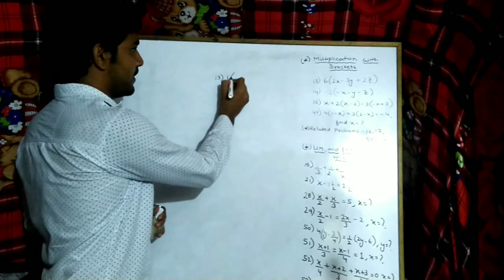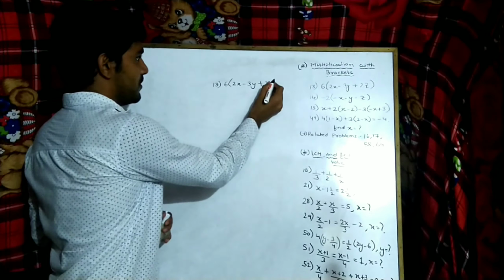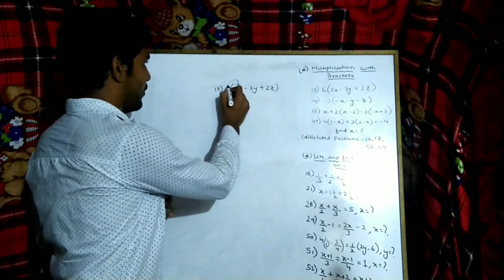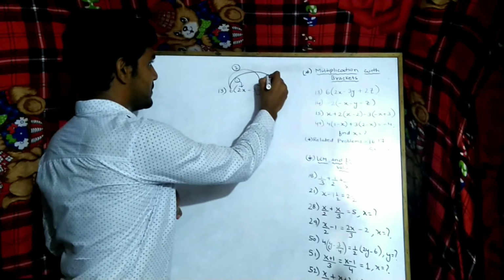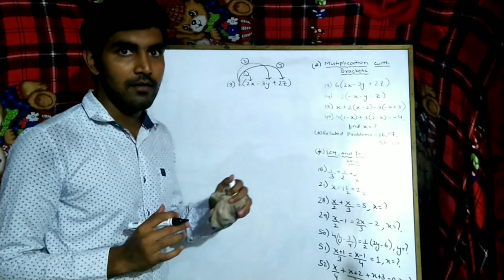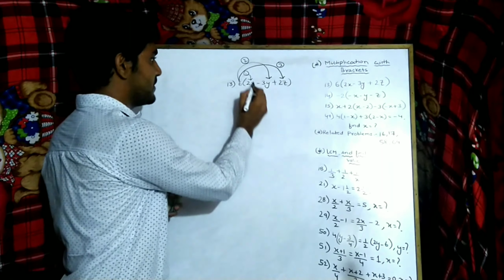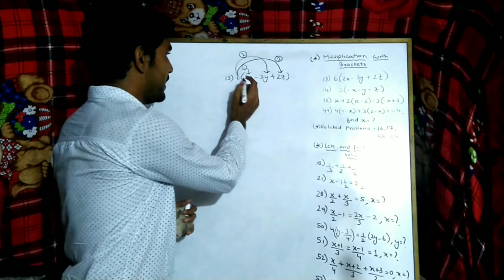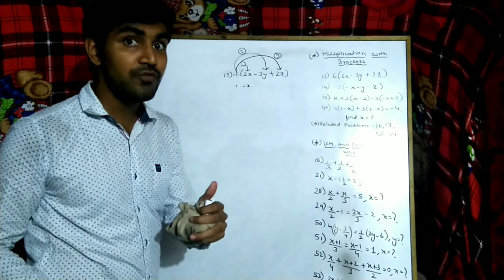The 13th problem is 6 bracket 2x minus 3y plus 2z. Now everyone see, first you have to multiply with each term. This is the first step, this is the second step and this is the third step. First I will multiply only the numbers, 6 into 2, 12. Now what is left? X. Remember one thing, at last we have to see which sign it is carrying. This one is also carrying plus, so plus plus will be plus.